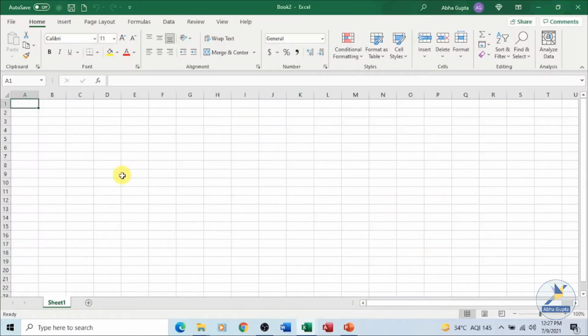We have a blank workbook over here with Sheet1 open in front of me, and I am thinking of planning a birthday party. For that I need a planner to budget out, to find out all the expenses, all the things which I require for this birthday party, and I want to calculate all the expenses.